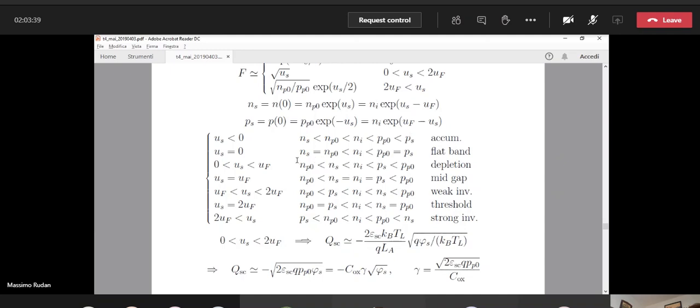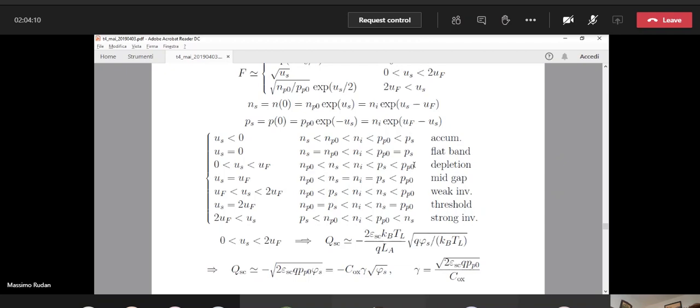So NS is larger than NP0. In turn, PS is larger than NI and PP0 is larger than PS. That means that when we apply a positive voltage to the gate such that US becomes positive, but not very positive, so it is between 0 and UF,